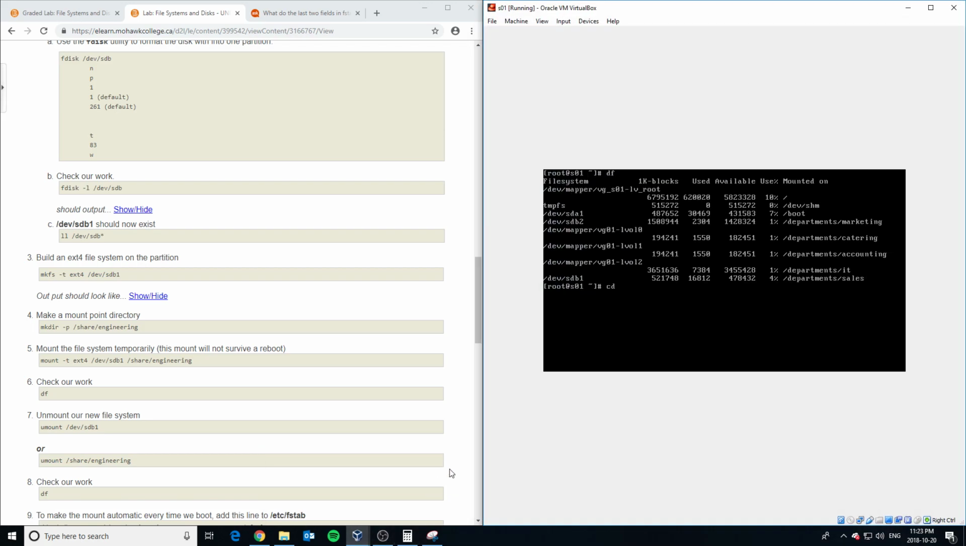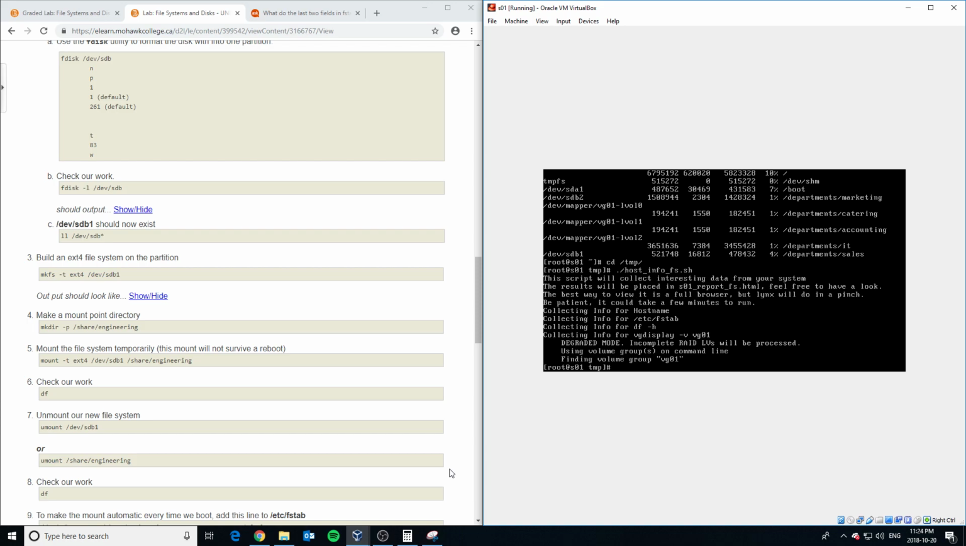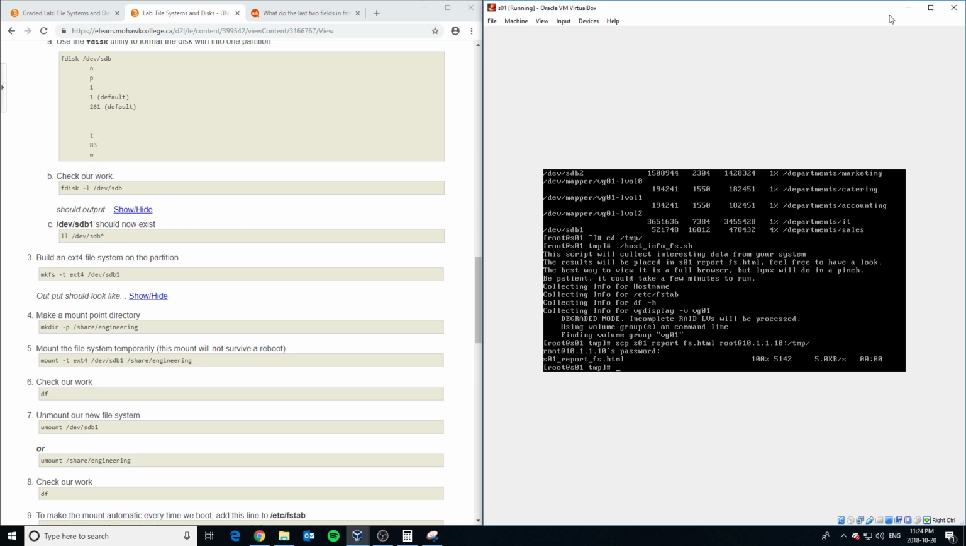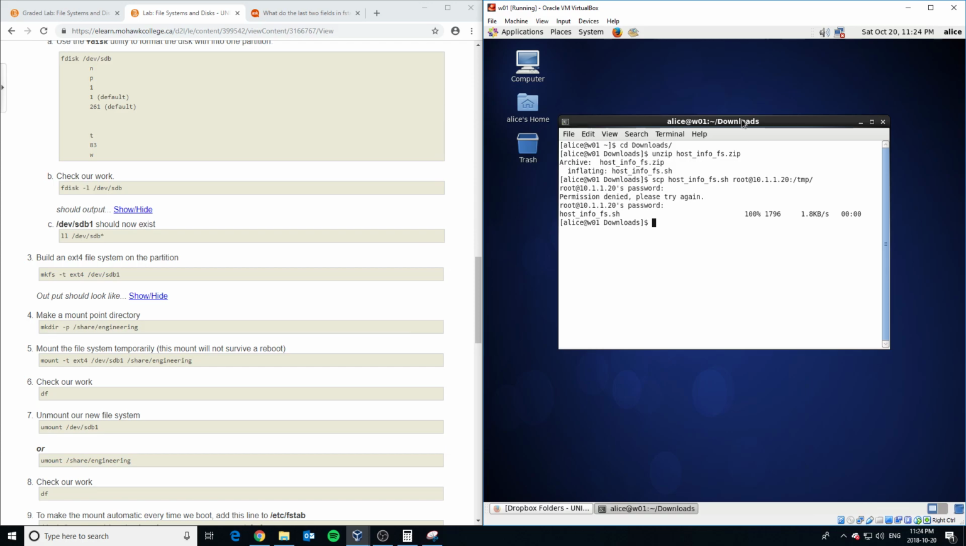So we're just going to say cd temp, we're going to run ./host, it runs. Now let's scp the SO1 report, go to root at 10.1.1.10 into the temp folder. Go back here, let's go to the temp folder and Firefox this guy up,